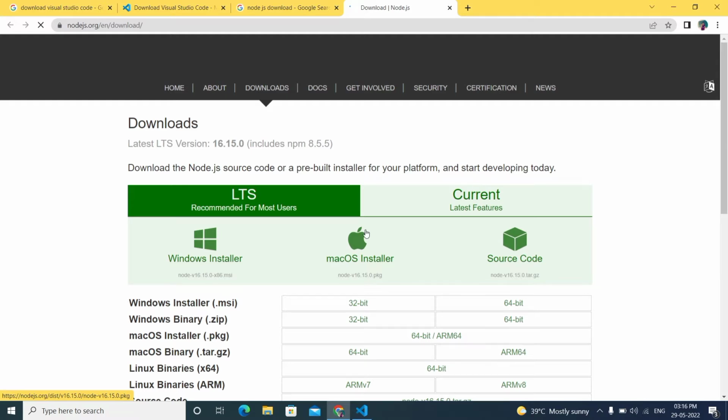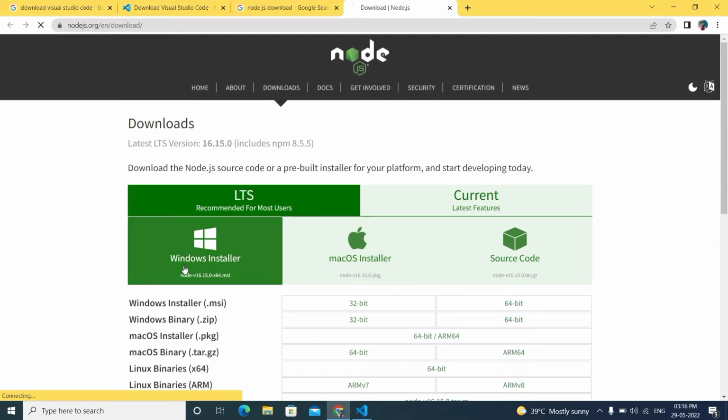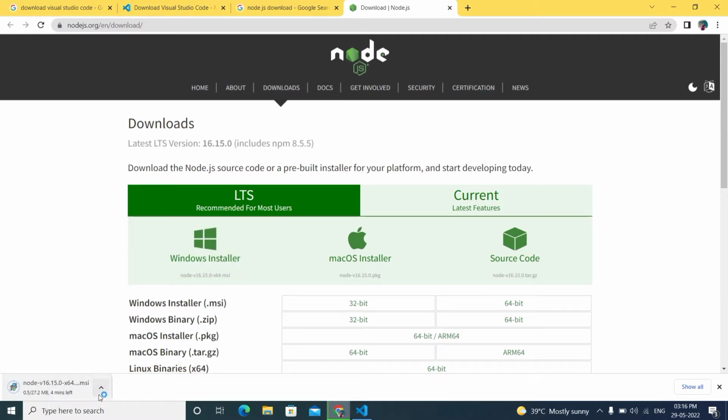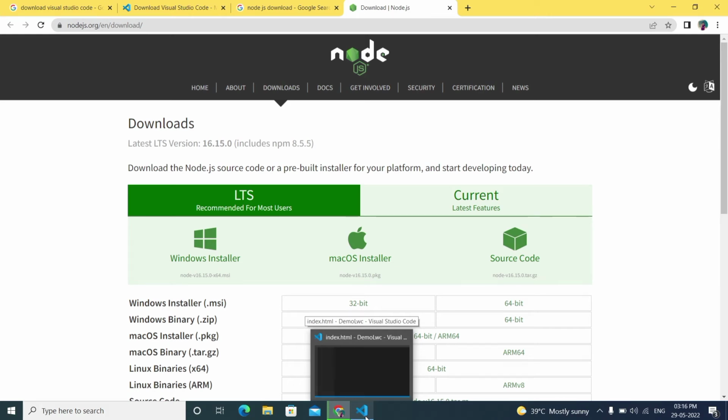I'm clicking this and downloading the required version. I have already downloaded it, so I'm not doing that now. So two things: Visual Studio Code and Node.js. These are the two we need to create an LWC application without Salesforce. So now just click on this